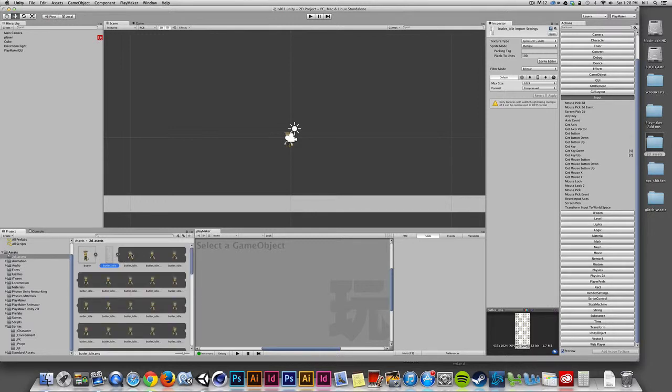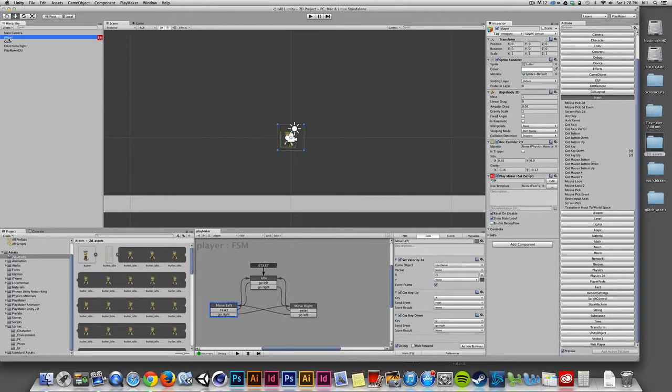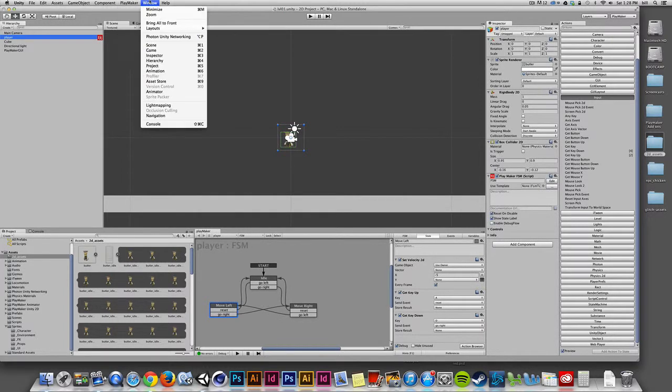So I'm gonna go to idle, and I wanna make an animation out of idle on the player character. So the first thing I'm going to do is I'm going to select the player character. Got to make sure it's selected. I'm going to go to window, and I'm going to bring up the animation window. Now,